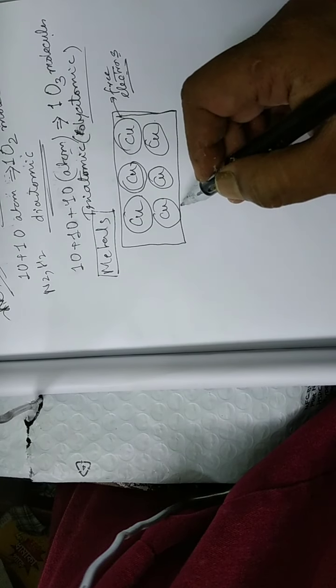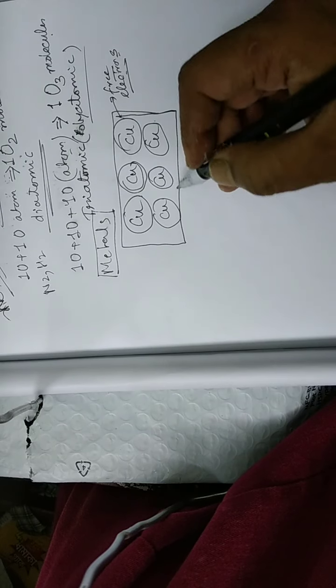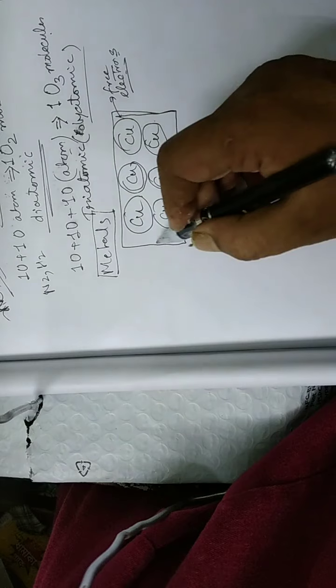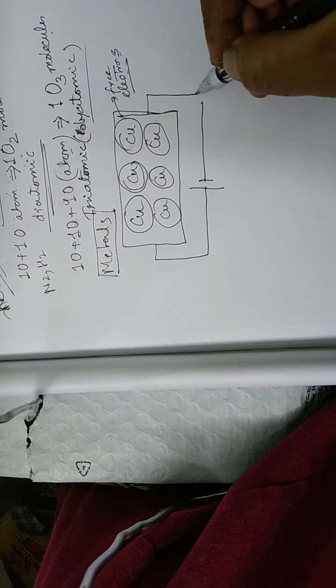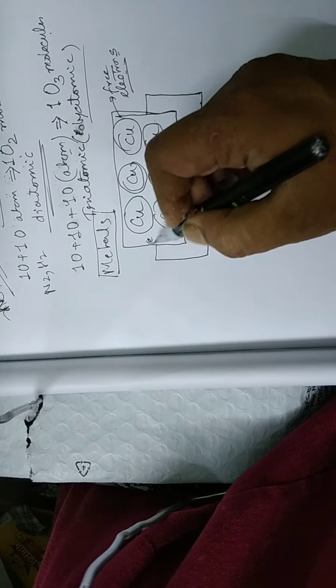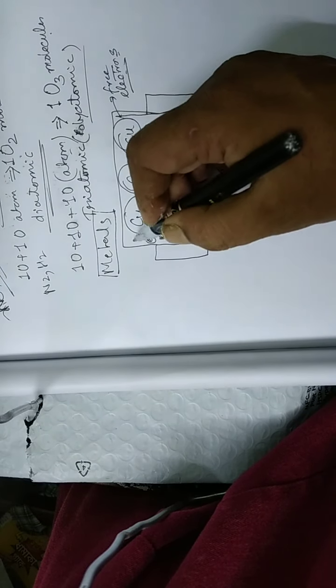These free electrons in metals can easily move when a potential difference is just applied. So the electrons come inside the metal